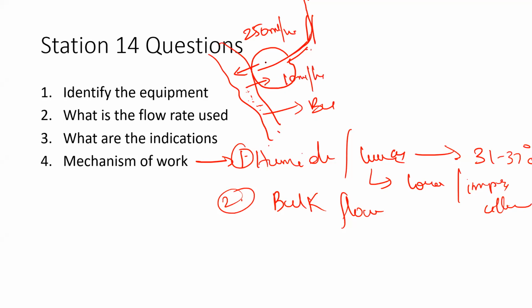So what happens, the outgoing from the alveoli is 250 ml per minute, whereas the oxygen and carbon dioxide coming from the vessels into the alveoli is only 10 ml per minute. So naturally, the alveoli tend to shrink and collapse. So that creates a negative alveolar pressure.